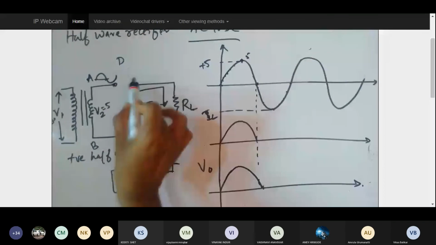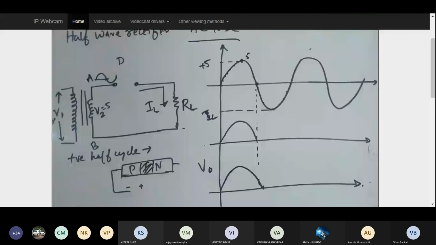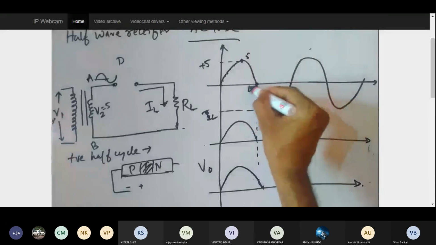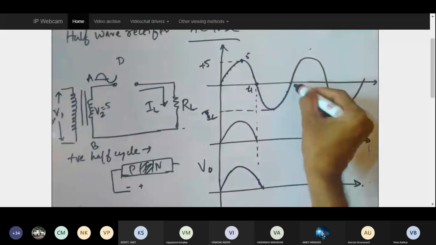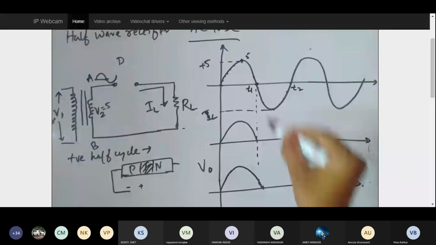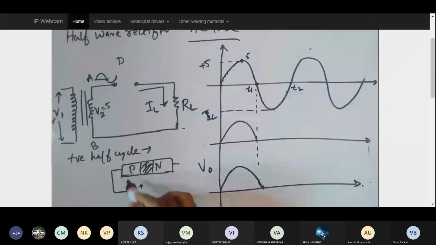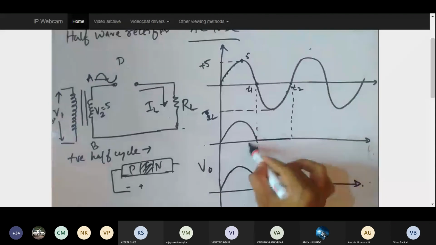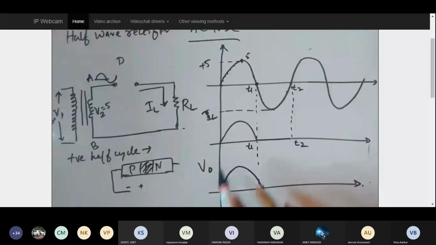So if that is the case, in this entire duration, let's say from time t1 till time t2, the input is negative. That negative voltage is being applied to my P side of the battery, which means the current will not be there. As a result, there will be no current flowing in my diode from t1 to t2. If no current is flowing in my diode from time t1 to t2, then no voltage will be generated from time duration t1 to t2. So this is what is going to happen with respect to the input voltage being negative.